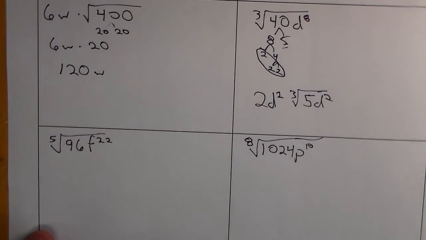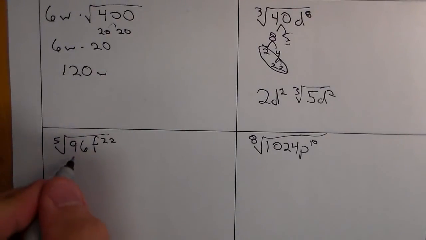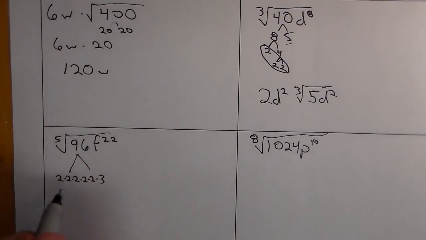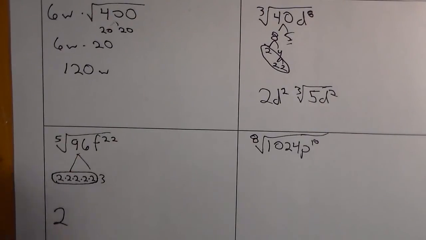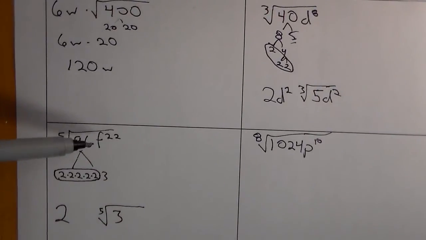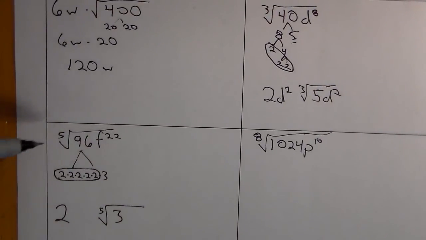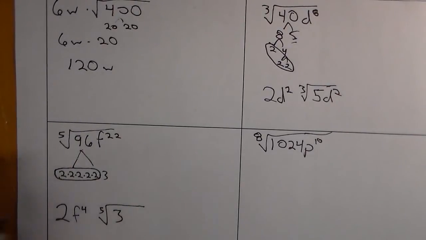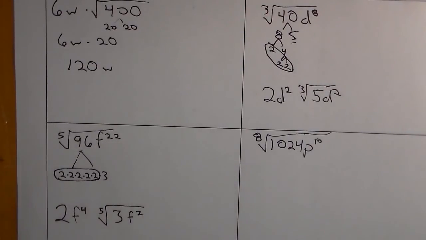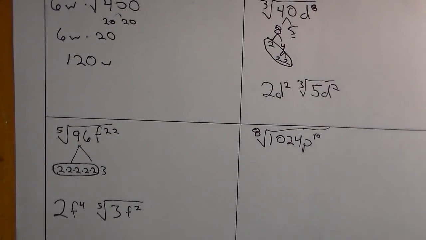96, we looked at the factors earlier, and that was 5 2s and a 3. So since we're now looking at the 5th root, this whole set of 5 2s come out, and the 3 stays inside. For f to the 22, if I divide 22 by 5, it goes in 4 times plus a little bit more. So I'm going to take out an f to the 4th. The remainder, or the remaining amount, is just 2 of them, so we'll write f squared. 2f to the 4th, 5th root of 3f squared. The last one,